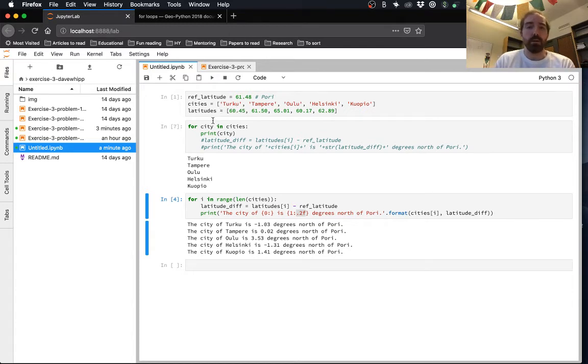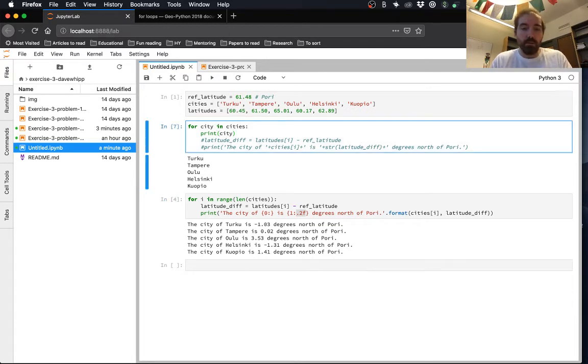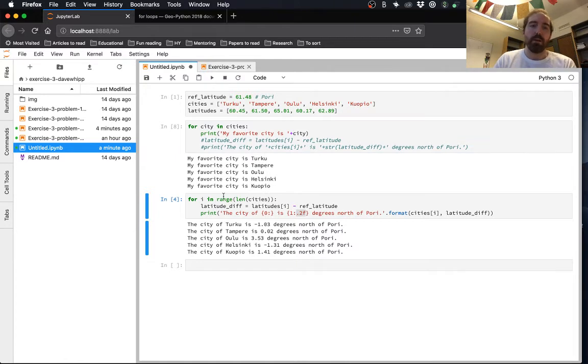If you just want to do something like this, print out some statement that says, my favorite city is, and then because we want to refer to the variable city, we're going to end our quotation marks so that it doesn't try to print the word city, but instead refers to that variable. You could make that modification to say, my favorite city is whatever. Again, we're directly iterating over the values in this list.